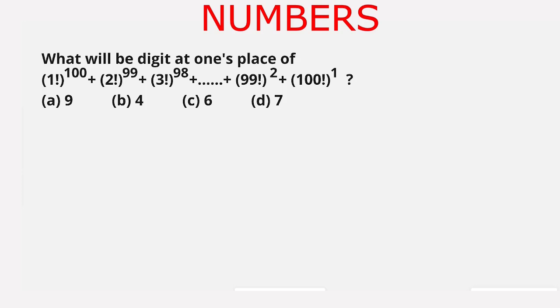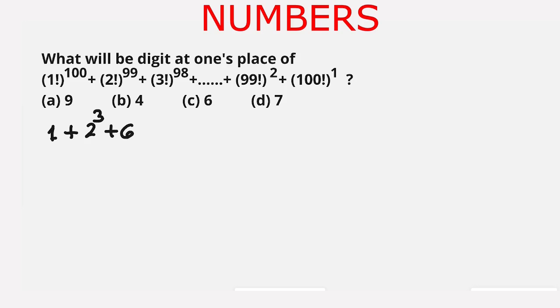The value of factorial 1 is 1, and whatever may be the power of 1, 1 remains 1 in every power. Plus factorial 2 has value 2, and the power 99 when divided by 4 leaves remainder 3, as 24 times 4 is 96 and 99 minus 96 is 3. Plus 3 factorial has value 6 and ones place digit of 6 is 6, and the power of 3 factorial is 98, which when divided by 4 leaves remainder 2,